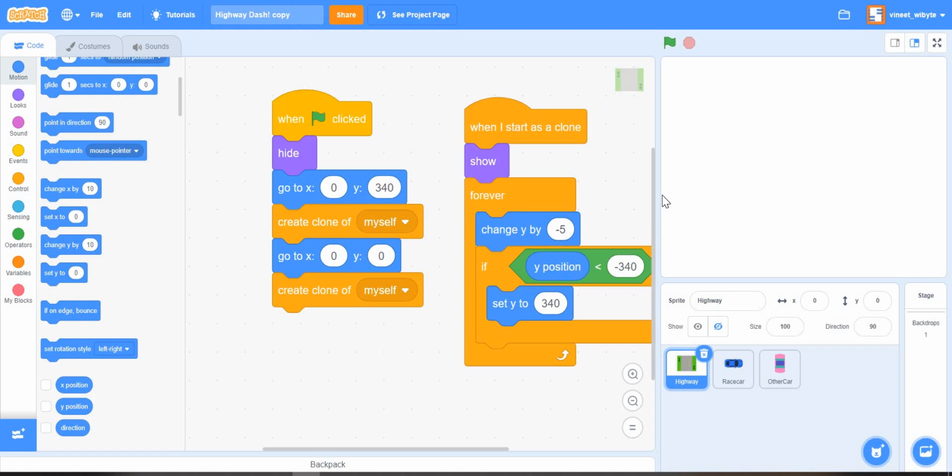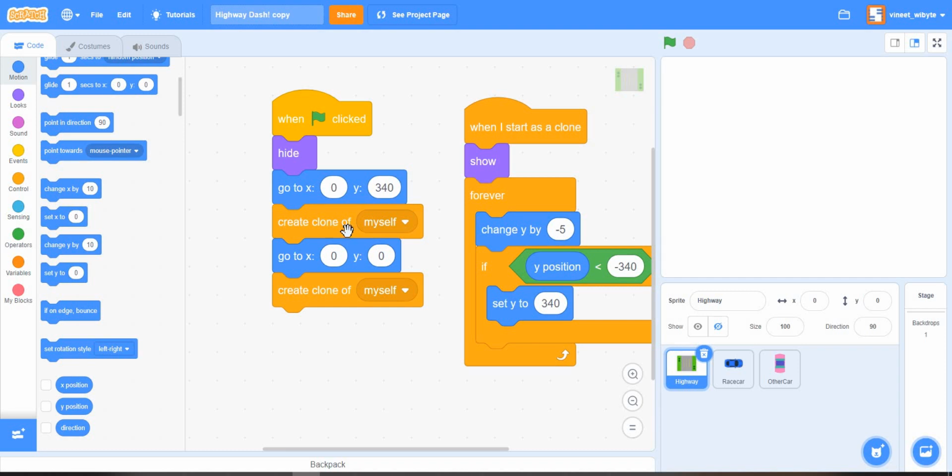And notice the moment I stop this, the backdrop disappears. That's because it's really not a backdrop. It's really a sprite which is acting like a backdrop. The moment I click stop, both the clones get deleted. Now here I'm not deleting these clones because there are only two of them. Obviously, I want the game to continue and the backdrop to scroll all the time, right?